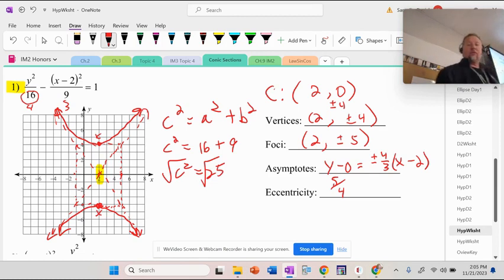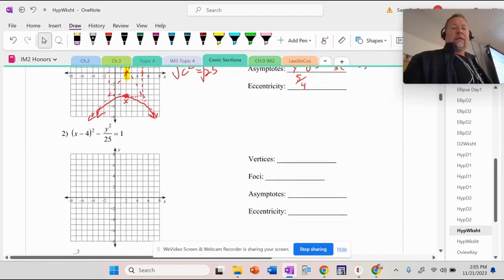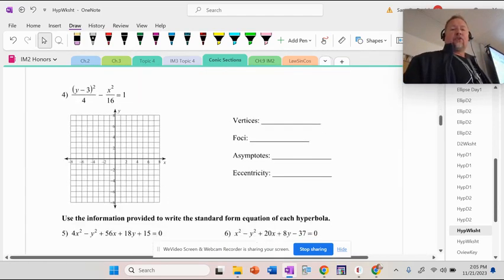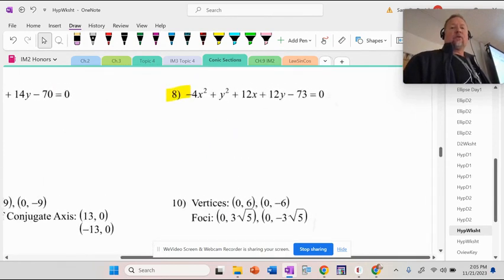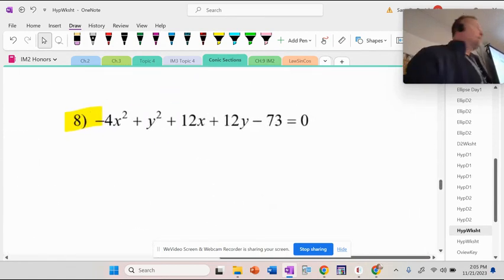Uh-oh, we have a question. B over A. C over A. All right. And then I have ones that I chose to do. You can graph those. Boom. What did we not do? We didn't what together? Complete the square.